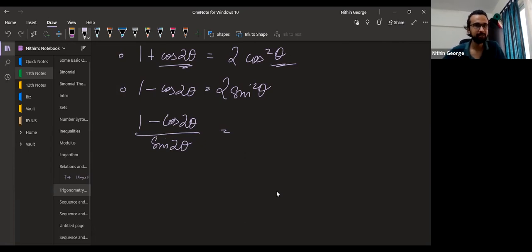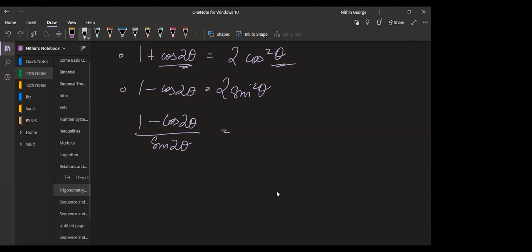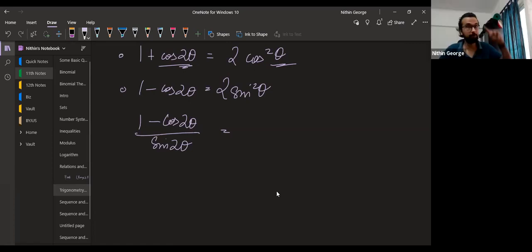What do you get? 1 minus cos 2 theta in the numerator will be 2 sin square theta. You can see it right above. Yes. Correct. That's the answer. And then sin 2 theta will become 2 sin theta cos theta. So we have 2 sin square theta on the top and 2 sin theta cos theta below. So 2 sin theta goes off for sure. What remains? Sin square theta on top and sin theta cos theta below. So one more sin theta is cancelled. First we cancel only the 2, then we cancel sin theta, and then I'm left with sin theta by cos theta, which is nothing but tan theta.